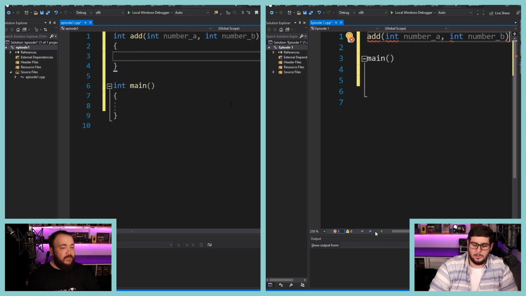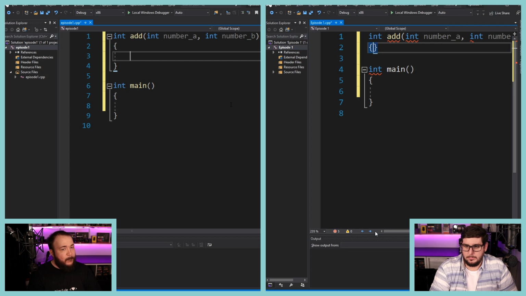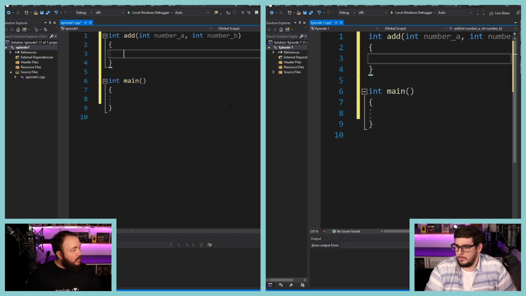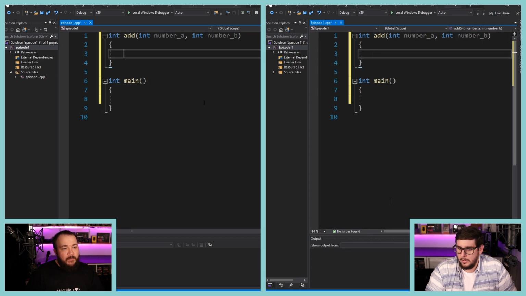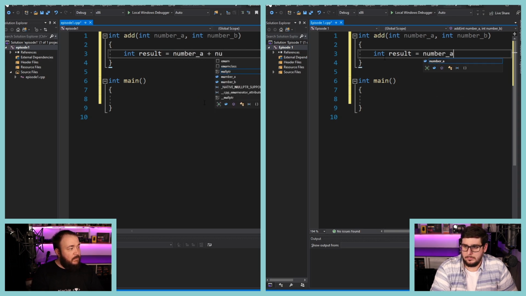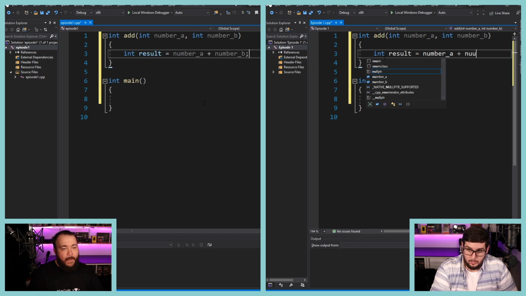So here I have my little function. Let me shrink it down a little bit. There you go. And then we want to add those 2 numbers together. So let's call that result. And result is equal to number_a plus number_b.